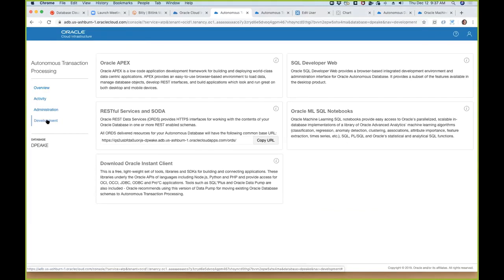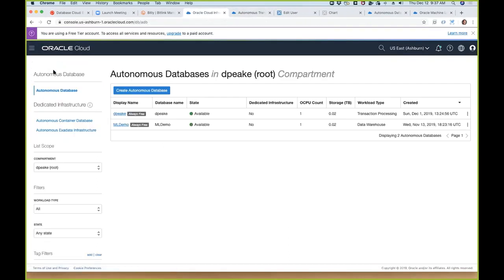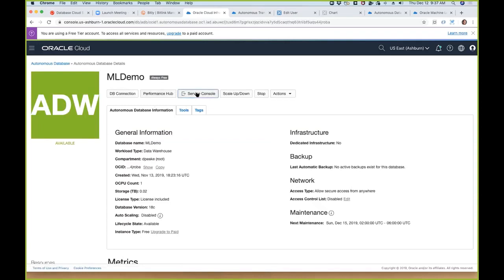David? Nope, not. Sorry, I said I've got both an ATP and an ADW in my free service. And you'll notice under ATP that I've still got the notebooks and everything. If I go back here and I switch from my David, ATP, you're not sharing. I'm going to stop sharing, right? Oh, is that you sharing? Okay, that's me sharing. So if I go to my ADW,